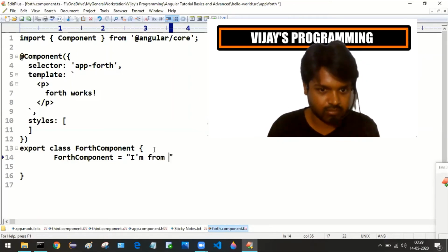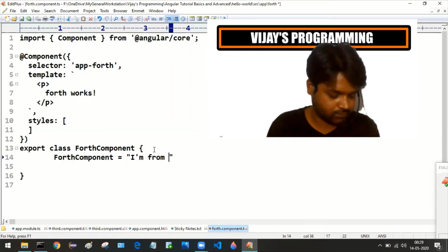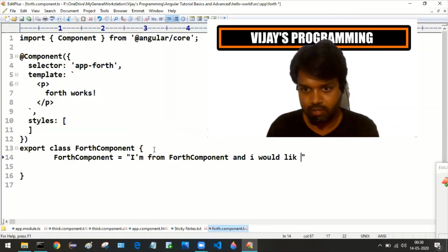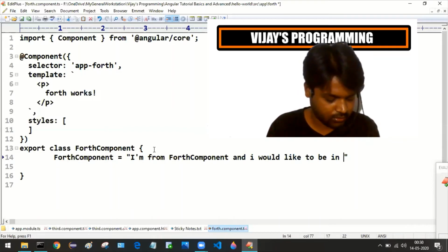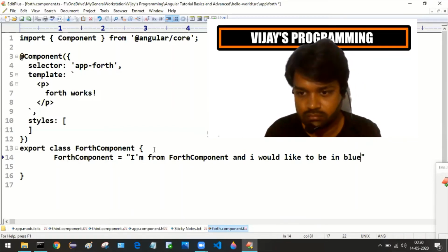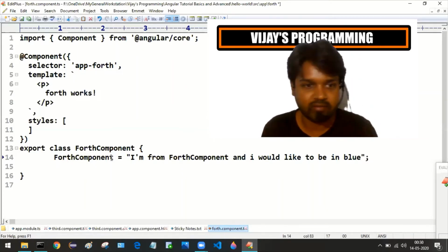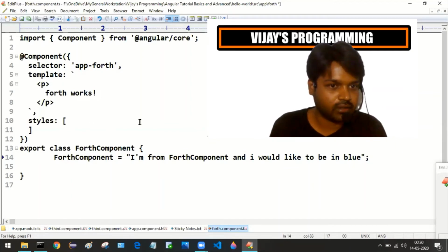I'm from fourth component, and I would like to be in blue, ended with a semicolon.